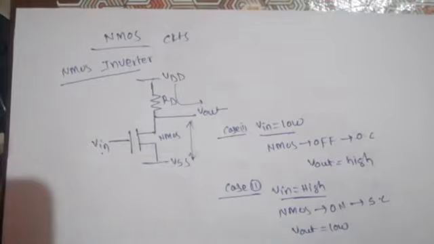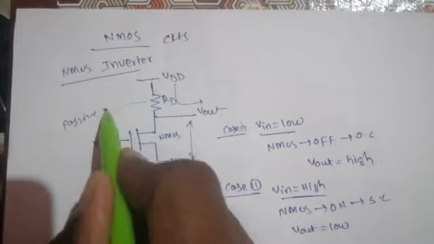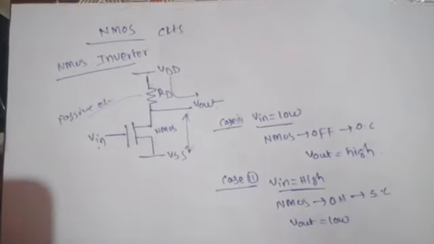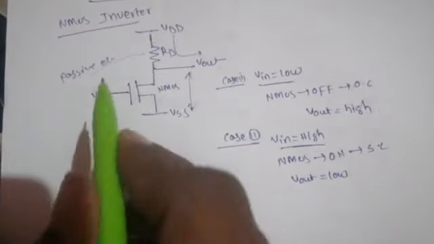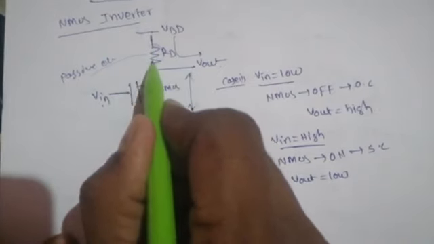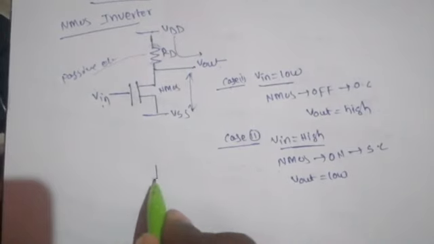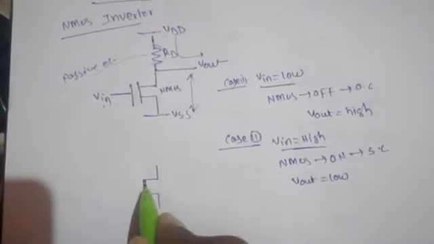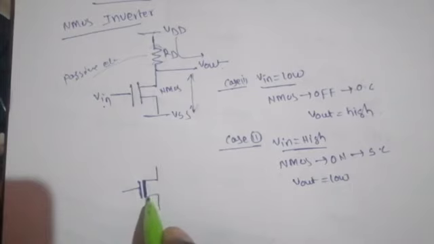Output voltage is low. So here this resistor is a passive element. To fabricate this on a single silicon chip is very difficult. So that's why we have to remove this resistor. In place of this, we have to connect one transistor. That transistor behaves like a resistor. So for that we have to consider here a depletion mode MOSFET, NMOS. Here there is no gate supply. In depletion mode, an inbuilt channel is there, that's why I am writing here like this.